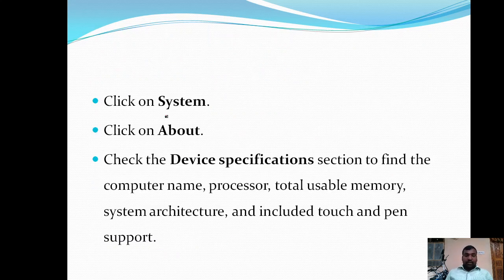Then under settings, click on system. Okay, then click on about, which is available below system.